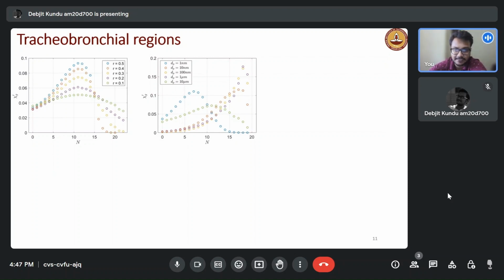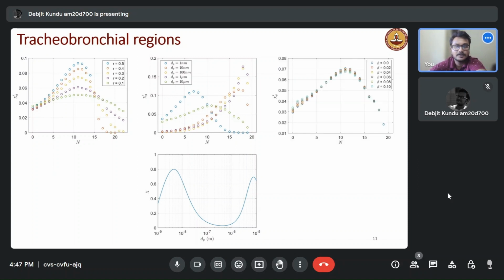We can observe a significant deposition in the upper airways only for the very small and the very large particle sizes, and for all the intermediate particle sizes, they penetrate deep into the lung. That is also evident from the overall deposition versus particle size, which shows a trough in between corresponding to those most penetrating particle sizes. Now we look at the effect of bronchoconstriction,